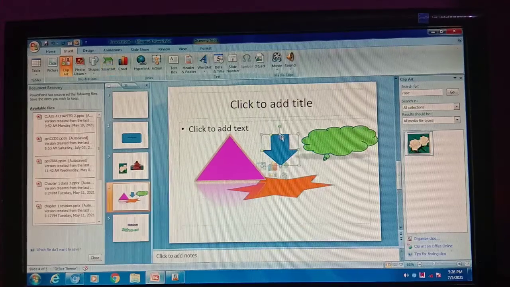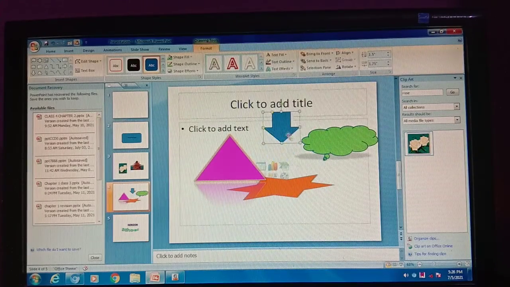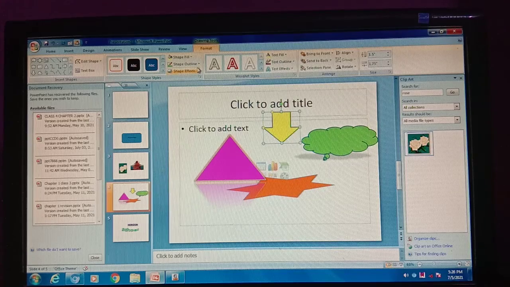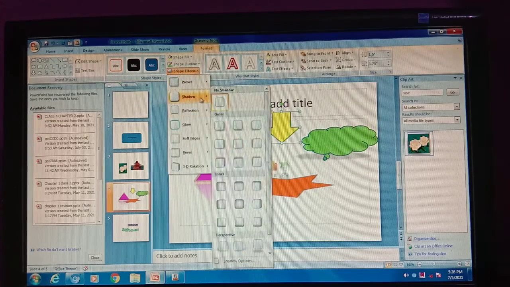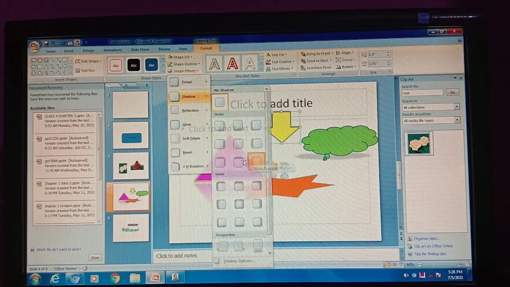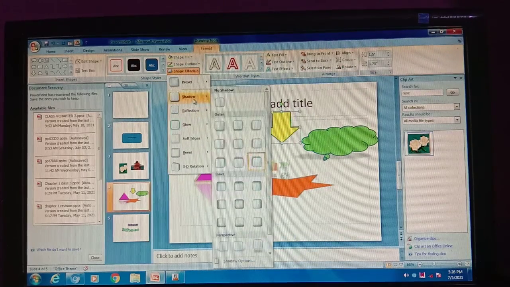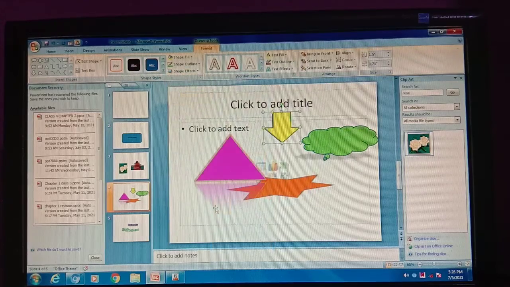For example, now I want to change the color and make it a little bit far from here. I want to change the color first. I am making it yellow. And now the shadow effects, let's see. No, it's not showing a shadow effect. It's showing but it's not displaying much. Wait a minute.